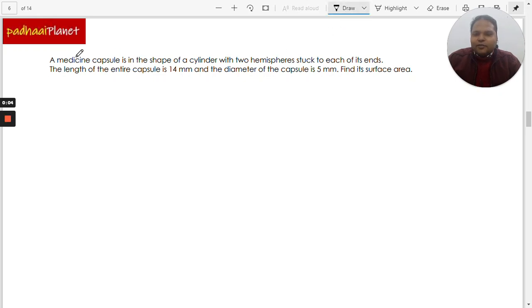So, this question says that there is a medicine capsule which is in the shape of a cylinder with two hemispheres stuck to each of its ends. Now let's draw this cylinder first. Suppose this is the cylinder, right? And there are two hemispheres which are stuck on its